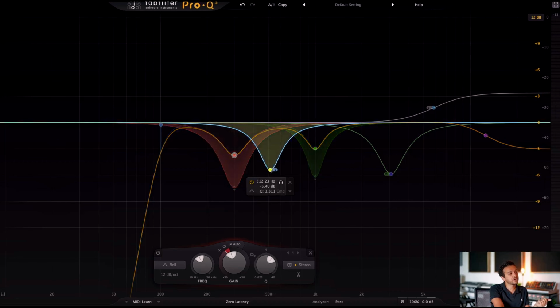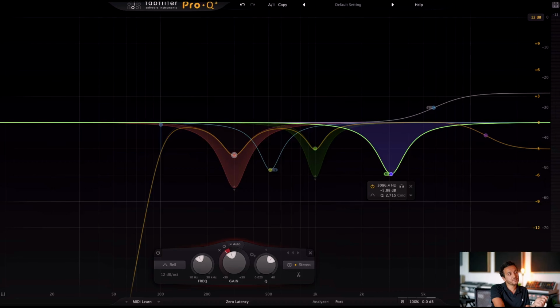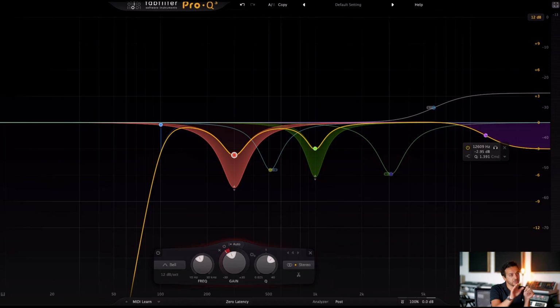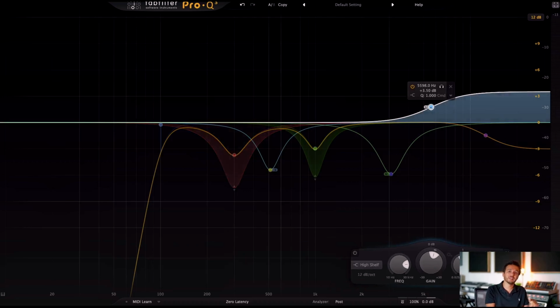Then we're cutting 500 from the sides only. Then we're cutting 1K with a dynamic EQ. Then we're cutting about 3K only from the middle, and then we're scooping a little bit of the top end past 12K, and then we're applying a high shelf to make the left side of that guitar louder. This is not necessarily what I need to do with that guitar, because that guitar doesn't have a louder left side, but I'm just showing you all the possibilities of that